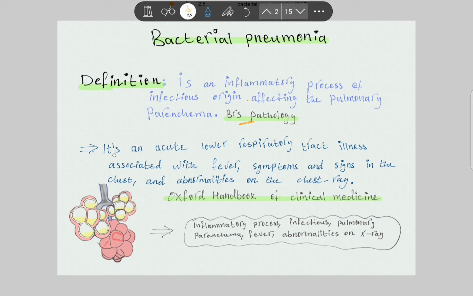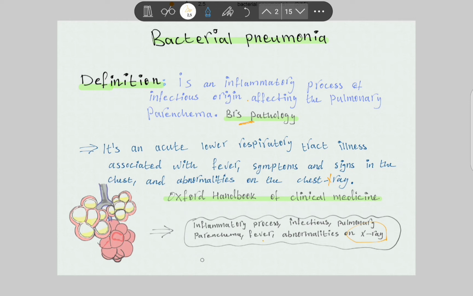Next definition, pneumonia is defined in Oxford Handbook of Clinical Medicine as an acute lower respiratory tract illness associated with fever, symptoms and signs in the chest and abnormalities on chest x-ray. So from these two definitions, we can mark the following key features of pneumonia. So it is an inflammatory process, infectious, affecting pulmonary parenchyma, associated with fever and abnormalities on X-ray. So abnormalities on X-ray is the most